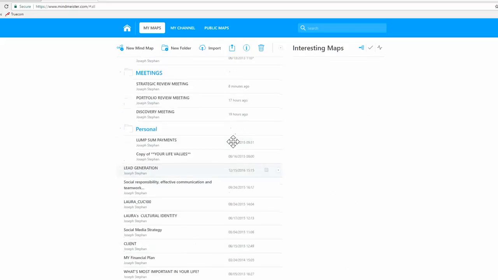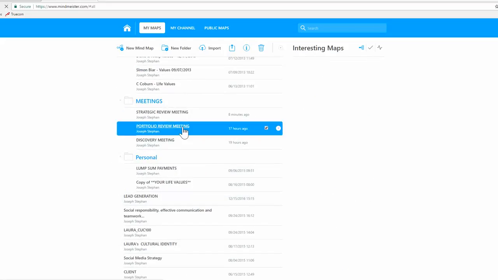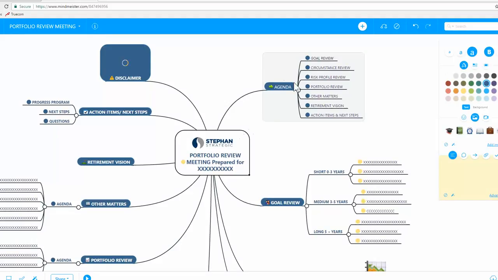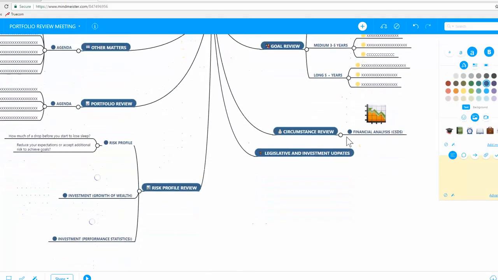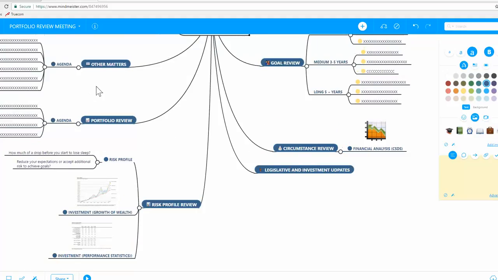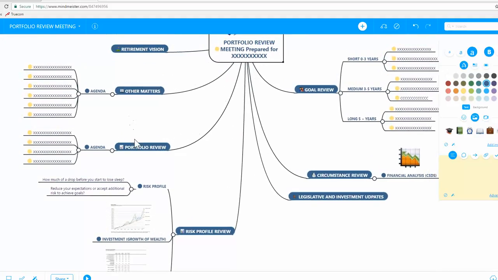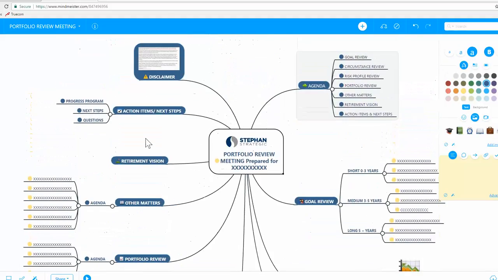So I'll go down to portfolio review meeting, and you will see everything's pretty much the same. Goals, objectives, risk profile review. Perhaps the only thing here is that sometimes instead of calling it strategic review, we call it other matters in the portfolio review, and just anything that comes out through that internal review email to you, you just put in other matters. And then the same thing goes with portfolio review. I'll send you a list of agenda items for that, but everything else is pretty much the same. So that's it. Hope that's